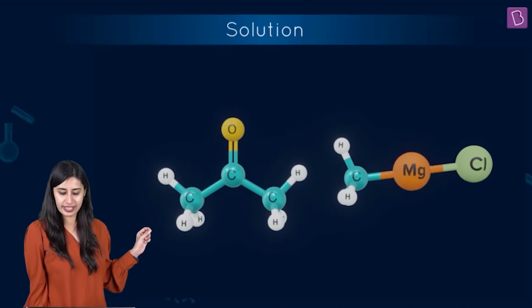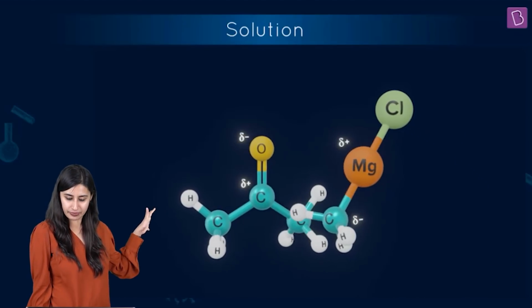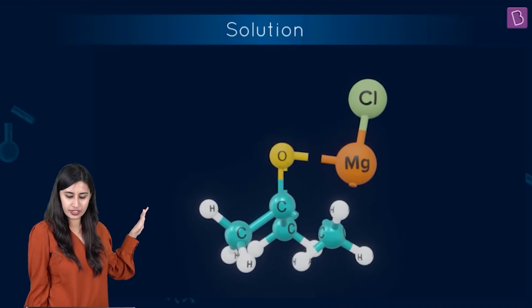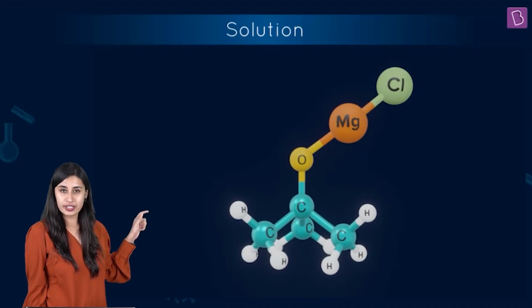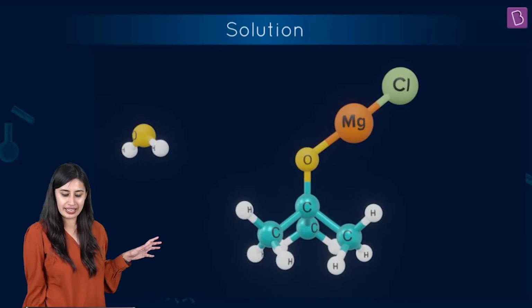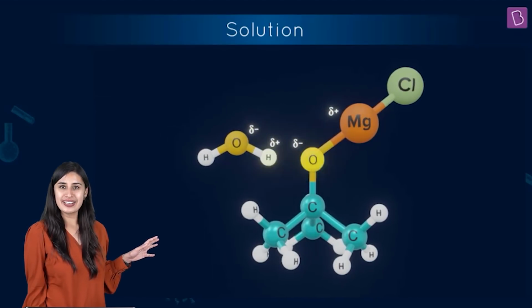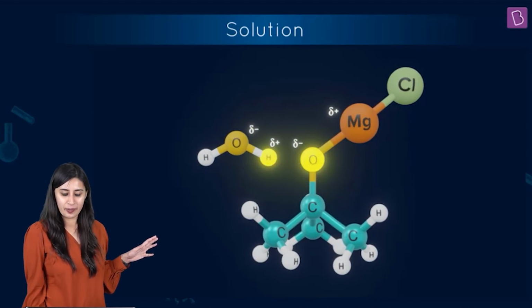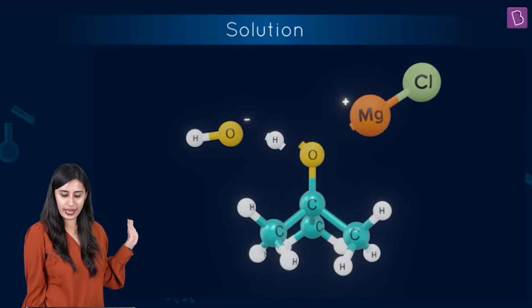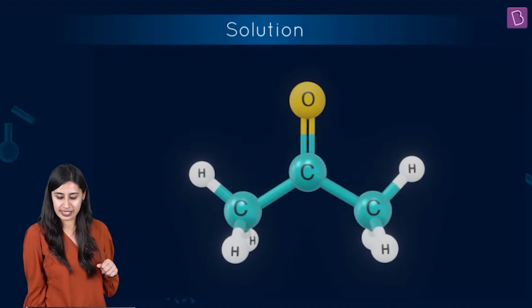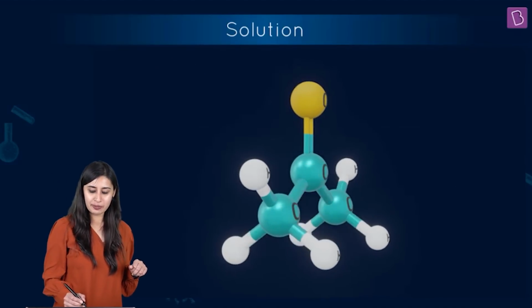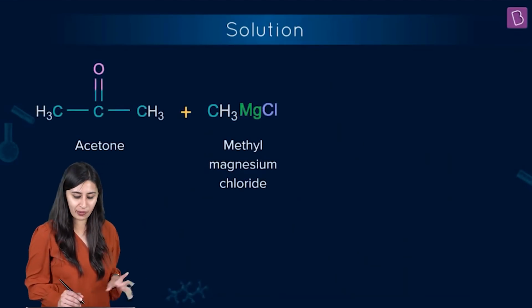And the final thing which is going to happen is this. Look at this. Opposites are attracting. Oxygen gets attached with MgCl, and with the carbon comes another methyl. And now if you do the hydrolysis, what is going to happen is, check this out, OH comes here and MgClOH gets eliminated, so that the final product is a 3-degree alcohol.